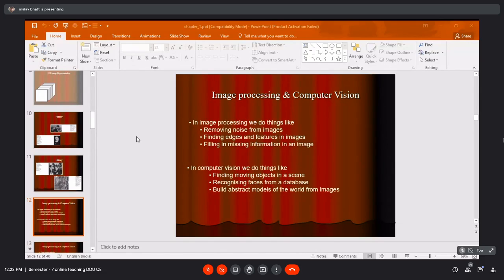Build abstract models of the world from images. If you are given many images of a particular object, with front view, side view, and top view given, from that you can generate a 3D model, and that is known as computer vision. So these are some of the areas which come under computer vision.